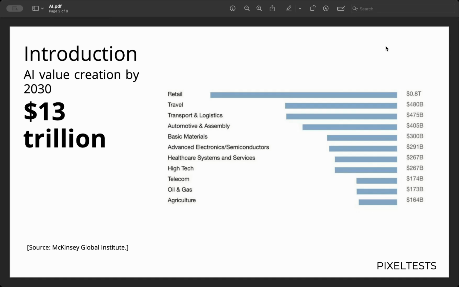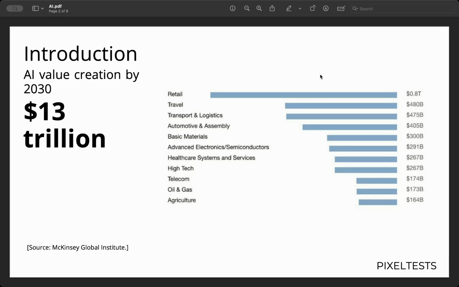Now that is $13 trillion. It's not million, not billion, it is 13 trillion, right? And this is a study conducted by McKinsey Global Institute. And now you can see here on the right, the image shows how its impact will be in non tech fields as well, right?